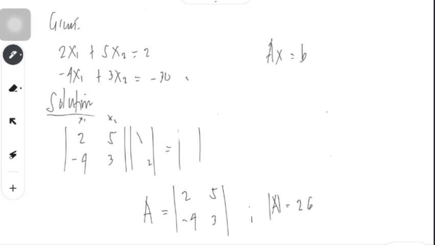Then, what are the variable? You have x1 and x2. It means to say, 2 times x1 plus 5 times x2 equal to 2. Negative 4x1 plus 3x2 equal to negative 30. So your A then is simply the matrix 2, 5, negative 4, and 3. And if we're going to take the value, it is 26. Okay? Dapat makuha natin yung inverse nito. O, hindi na. Pwede naman. Pero,